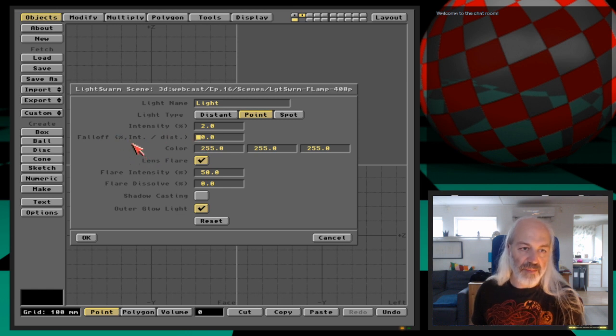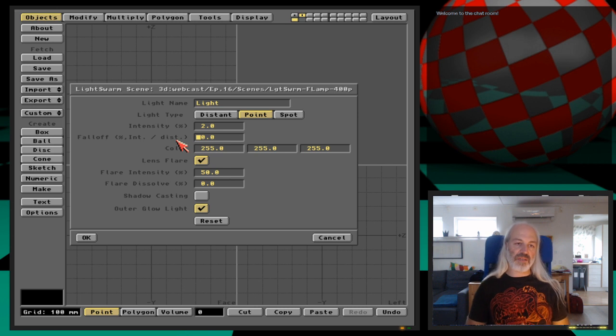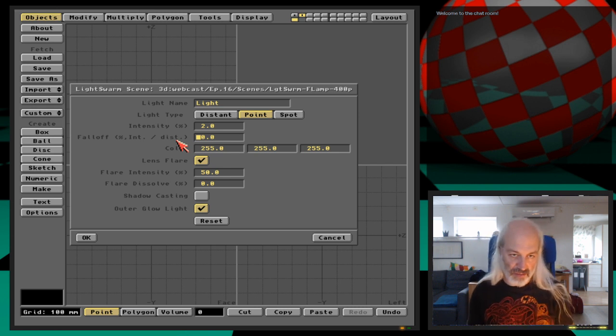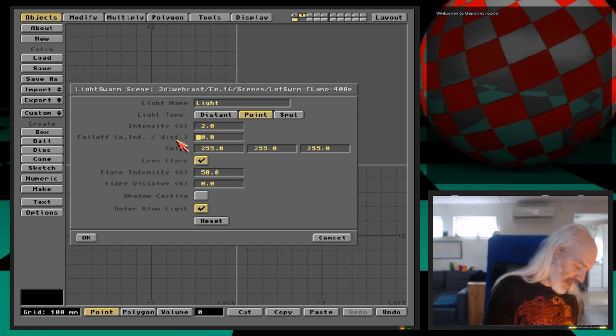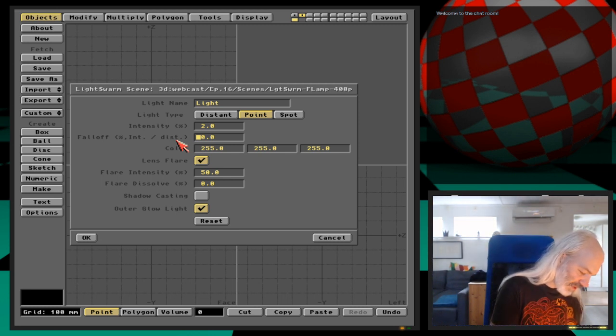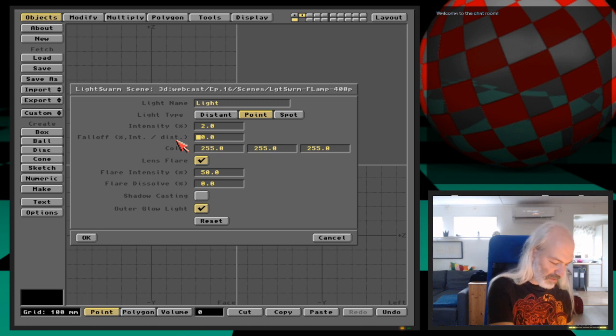I actually managed to edit the plugin, the macros code, so as to insert this little help description. So it is intensity divided to distance. So we have intensity 2% divided by 6 meters,